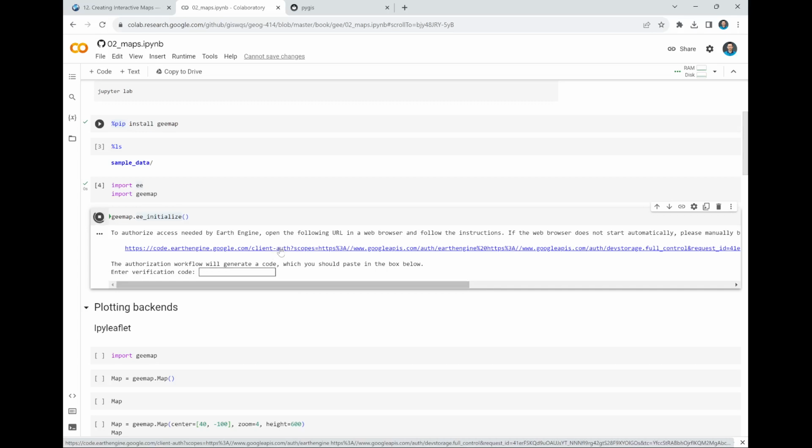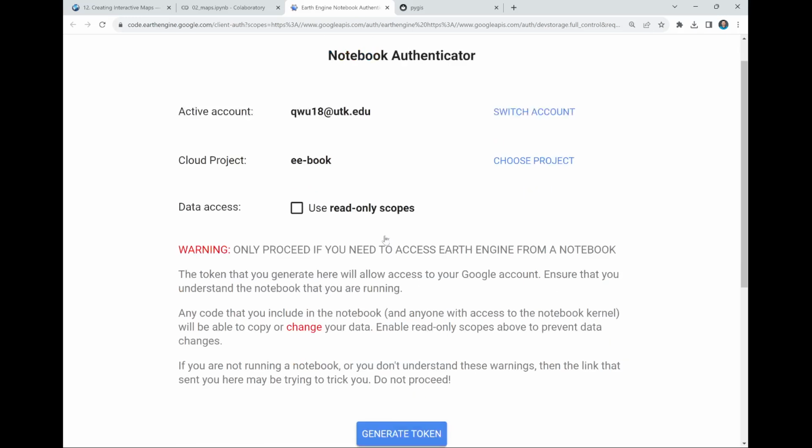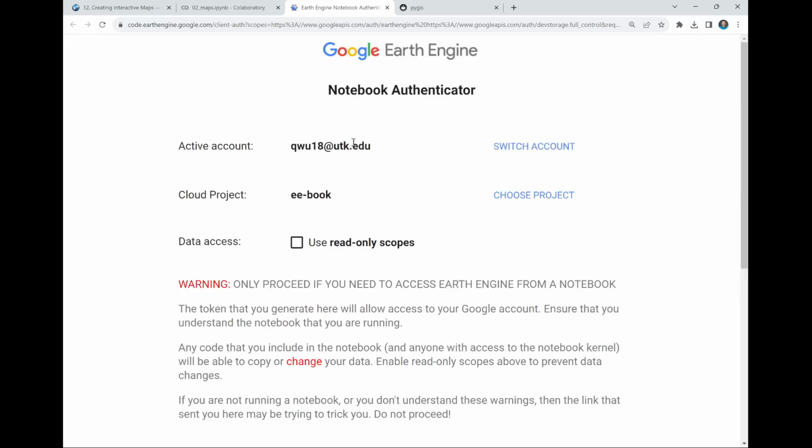But for now, just click the link. Okay, and it's gonna ask you a bunch of things. So here, for your account, right now I'm using a UTK account because I already have the cloud project. But for your personal account, make sure that you choose a project. So do you see a project somewhere on there? Do you have a project? If you have one, you're good. If not,